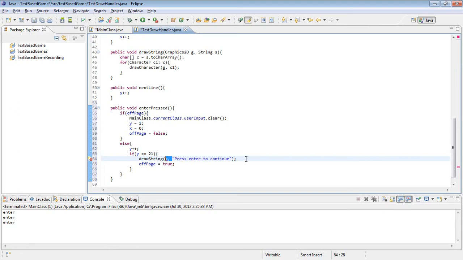So instead what we can do is we can find a loophole, main class dot user dot current class